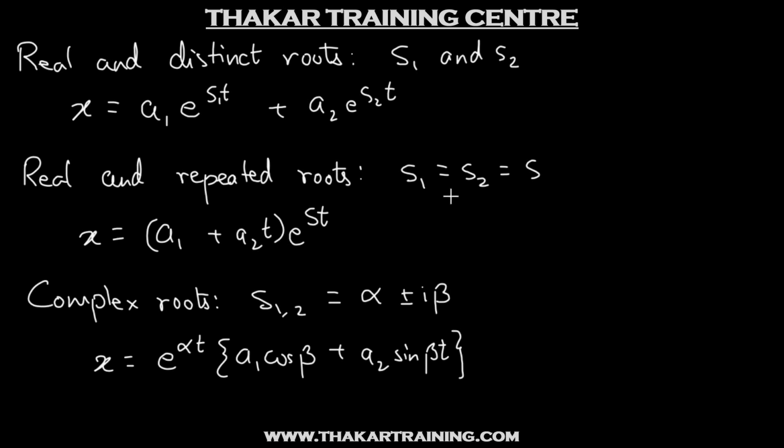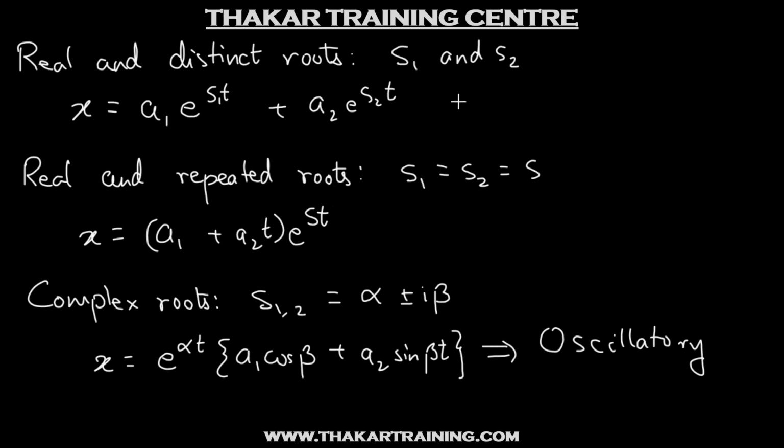Which of them show oscillatory motion? Quite clearly the one which has the presence of sine and cosine. Remember, one which has the presence of sine and cosine is going to be an oscillatory motion. So we have an oscillatory motion happening over here, and we'll have an oscillatory motion happening over here, right? And these two are not oscillatory. These two are not oscillatory motion.